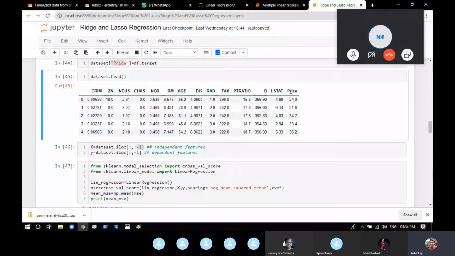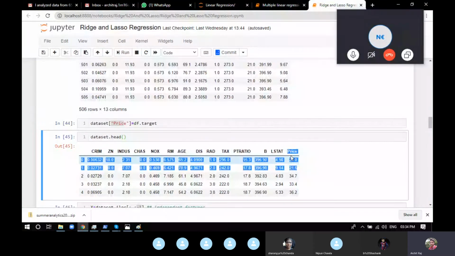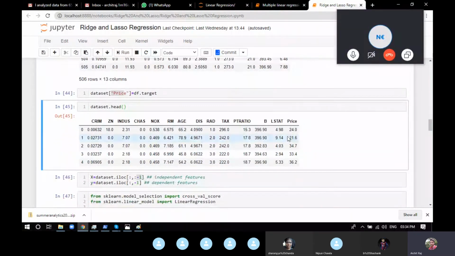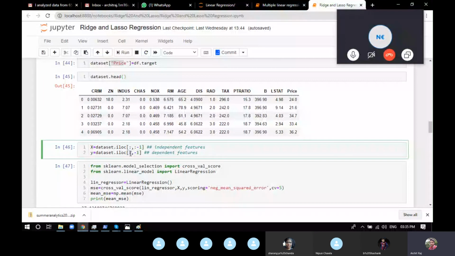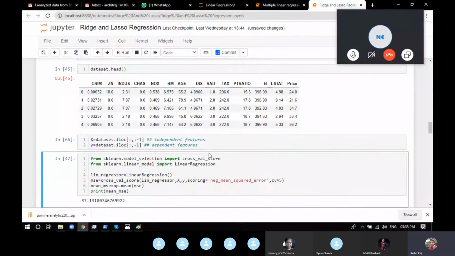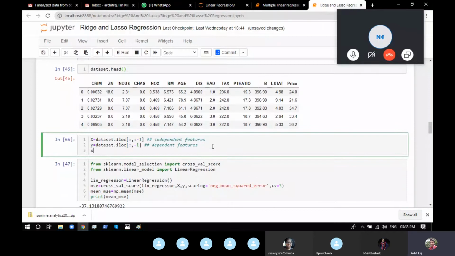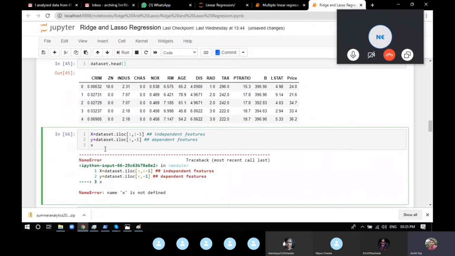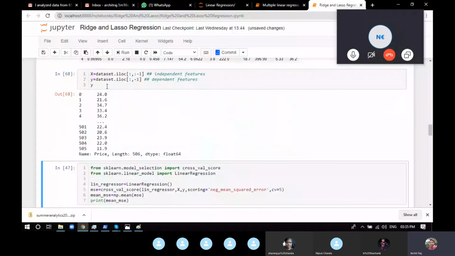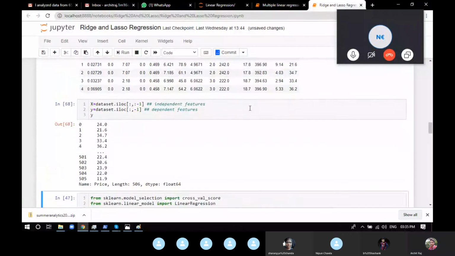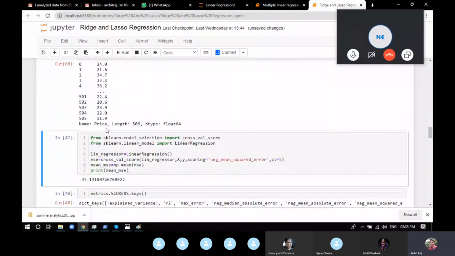Now what we want for y is only this much. The price column is what we needed for the y-axis. So again, we need all the rows, but exactly only this particular column. By not providing any value for the rows, it means all rows, and we provide the specific column which is -1. So it gives me just this. If I execute this line and print capital X, you can see this is the data that you have for X. This is the value that you have for Y. Now things have been done.